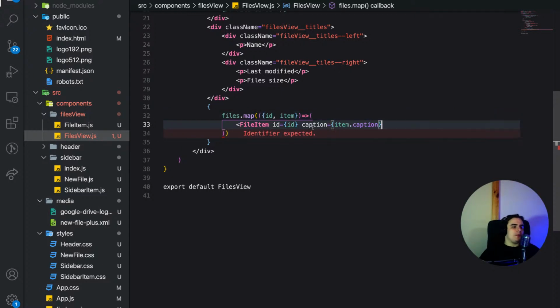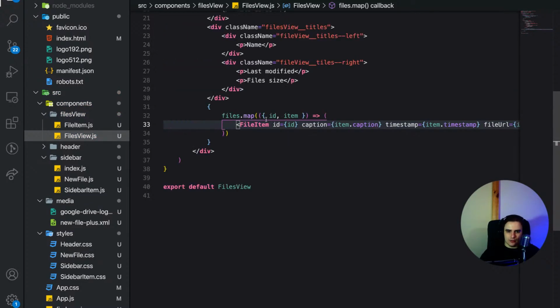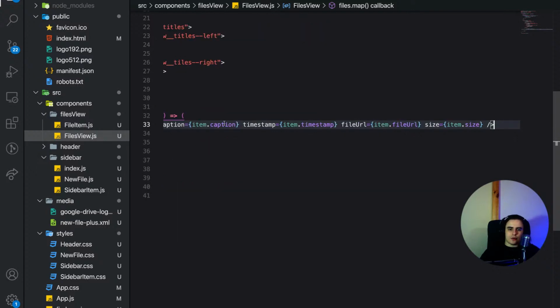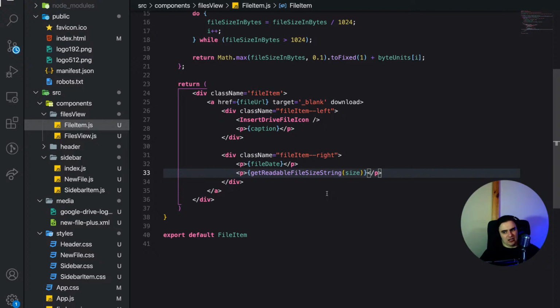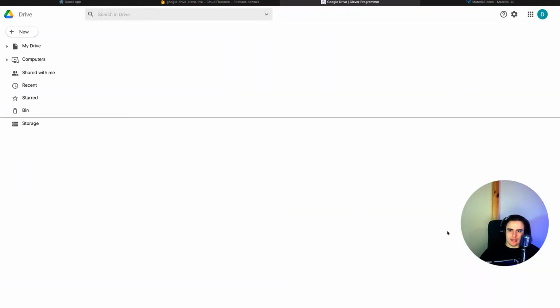So what we are basically doing here is just scrubbing through the whole entry of the database, and then each and every single little thing is going to be passed into that file item component. So let's take a look at how it looks right now,